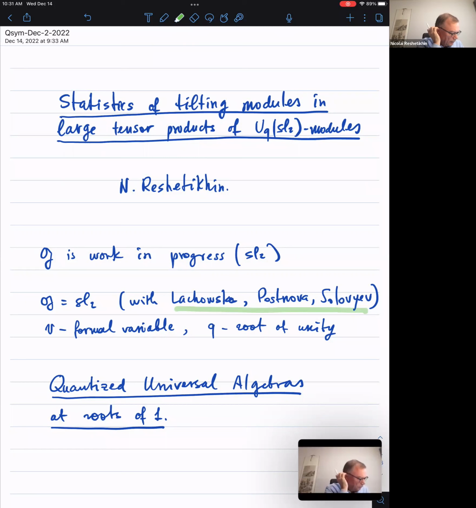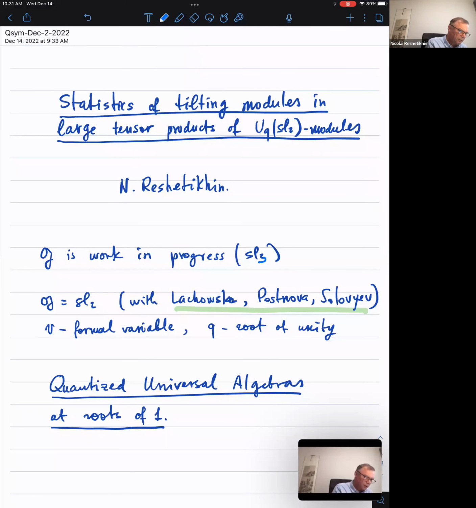So we did it for sl2, and so now it's sl3 time. So for any G, it's going to be a little bit more complicated, but I think the complication is in a controllable way, in the sense that if you really focus on this specific problem, it's probably doable. If you want to know everything about representation theory of these algebras at roots of unity, that can be complicated.